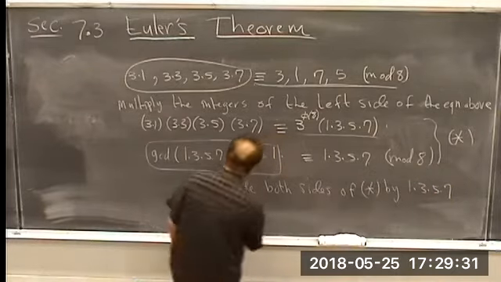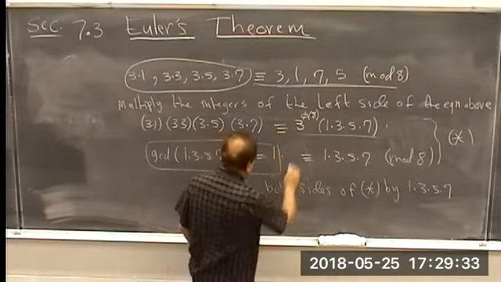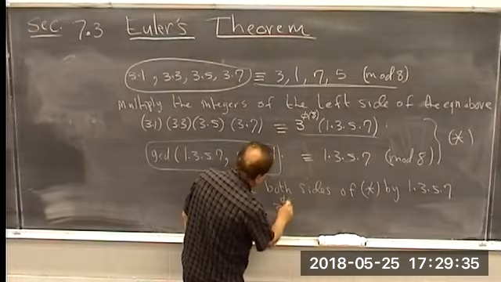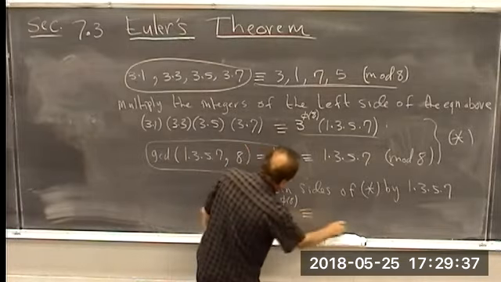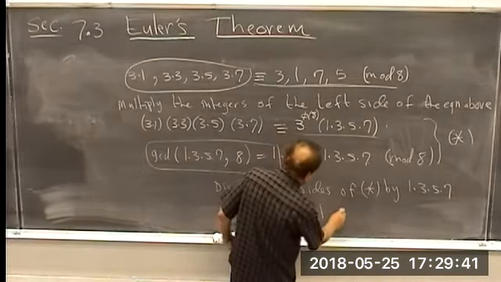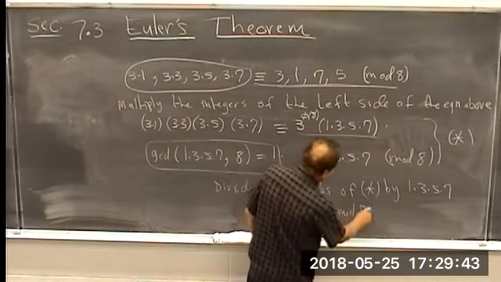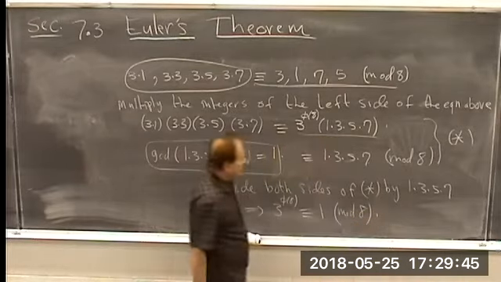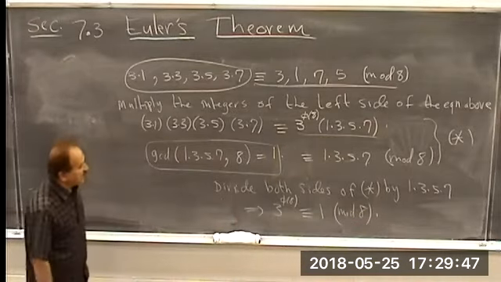And what we get on this side is 3 to the power 4 mod 8, and on this side all these integers cancel out. We end up with 1 mod 8. And this is exactly what